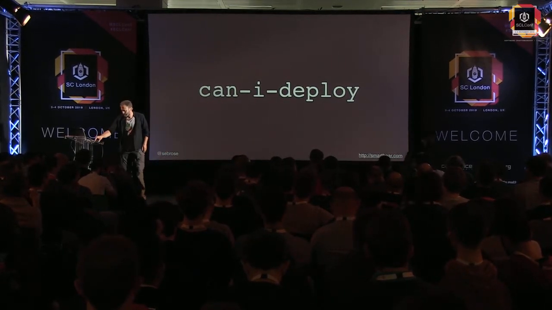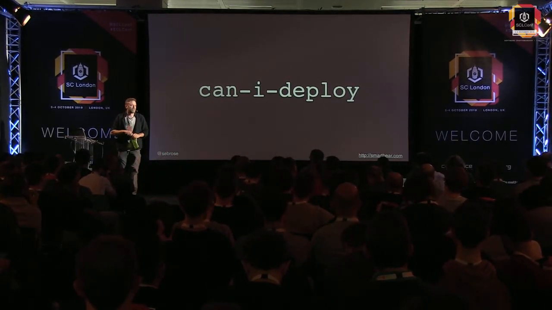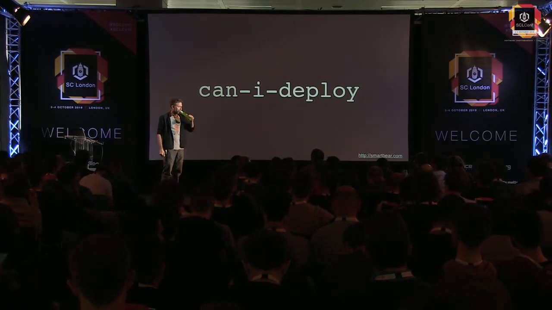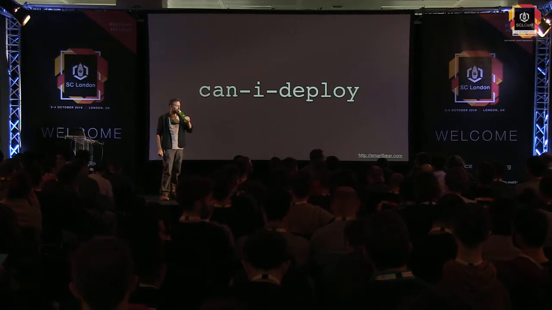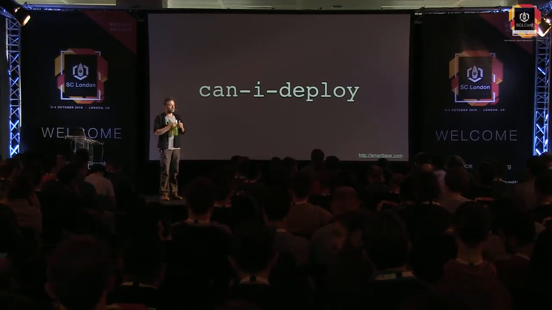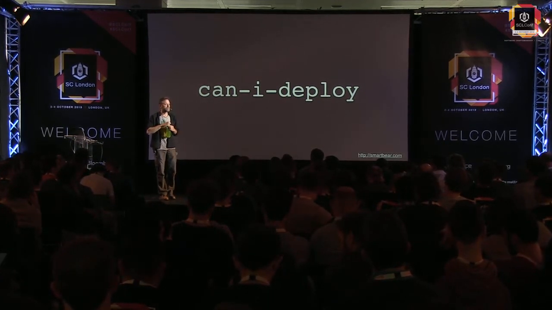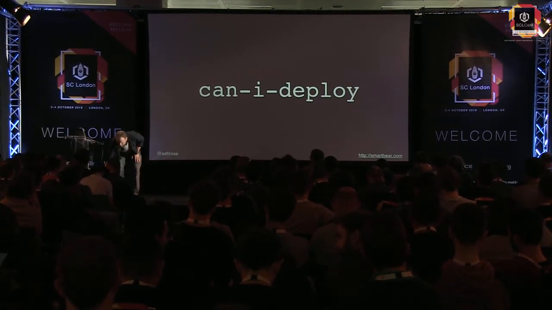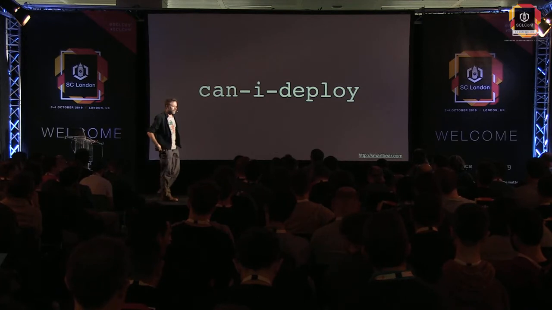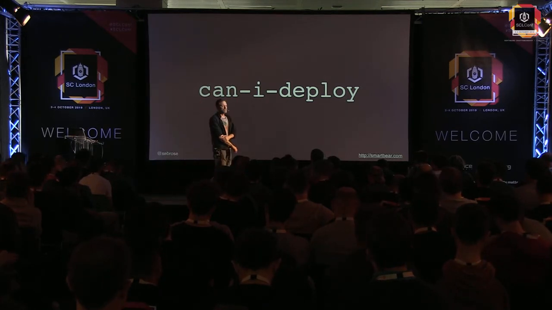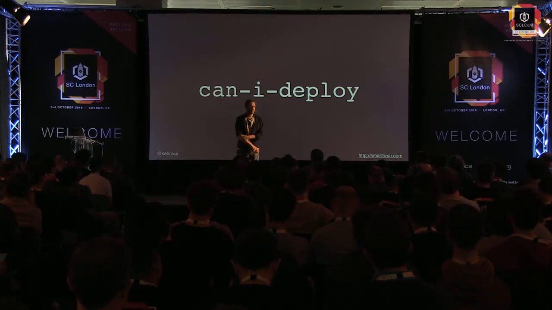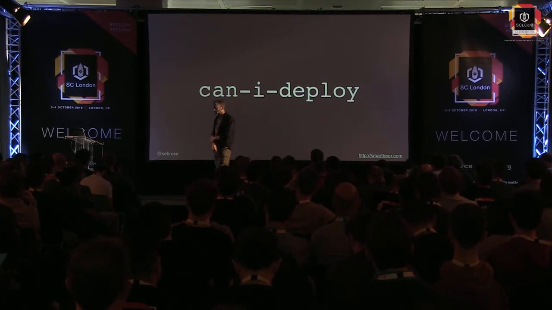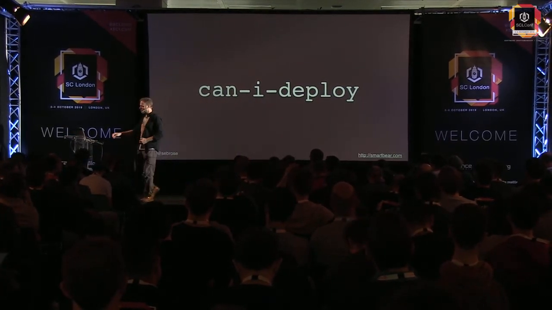Hi. So, if you've got a consumer that consumes multiple providers, and you write tests for how you expect those providers to behave, and then you deploy that, you generate your JSON file, and you put that in your broker. Does that automatically work out what the dependencies of that consumer are and populate the matrix, or do you have to configure that yourself?